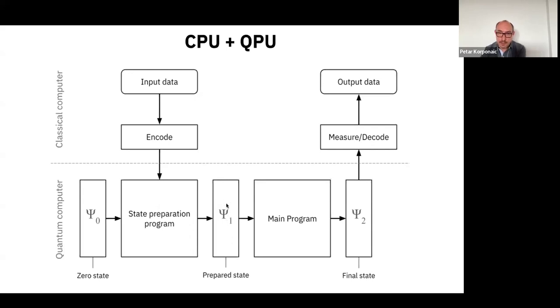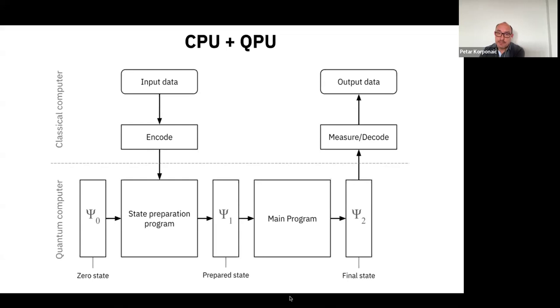So in this middle box here, we have a state which has our input data encoded into it, and then the main quantum program executes and produces